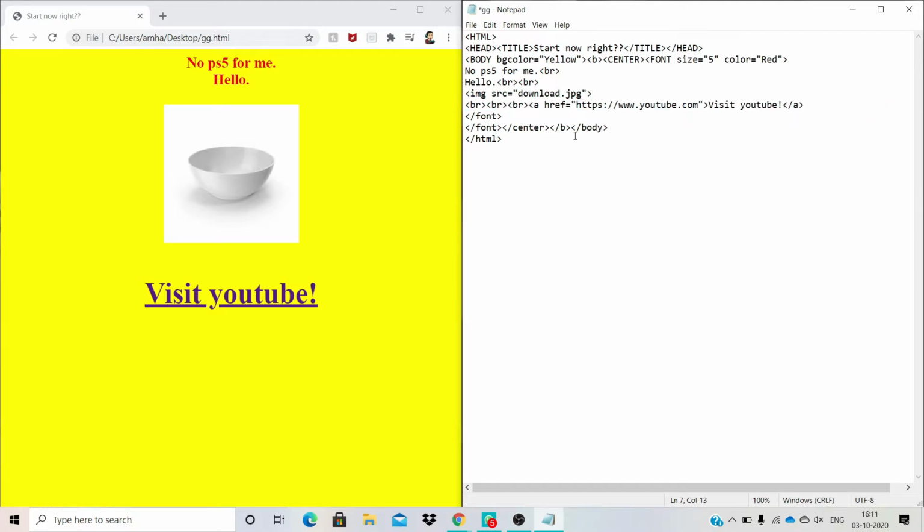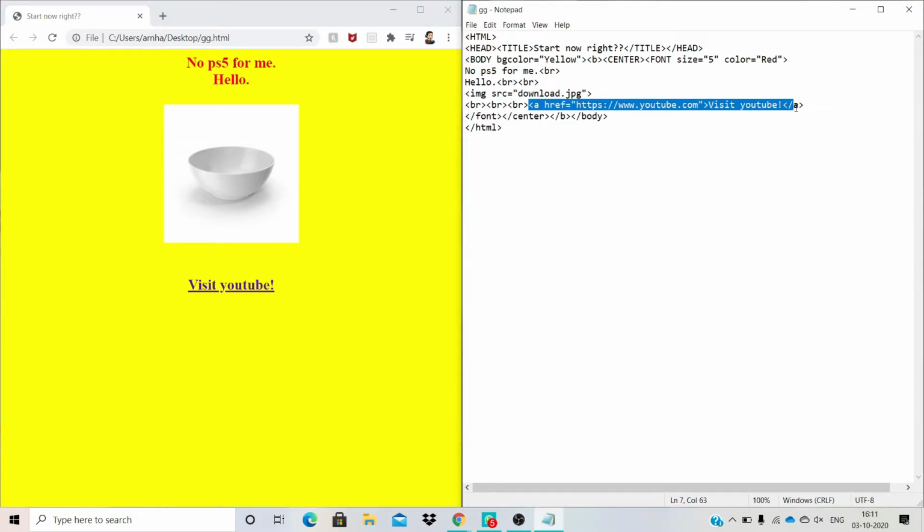In some sites you must have seen that they add buttons. They don't add simple links, they add buttons and it looks more attractive. So for adding buttons, what we do is write input.